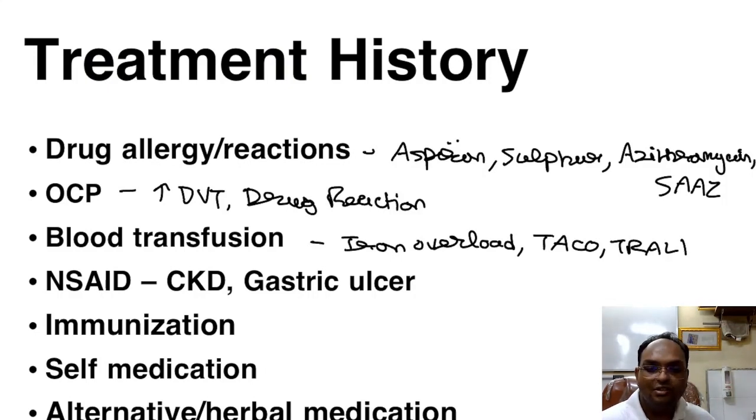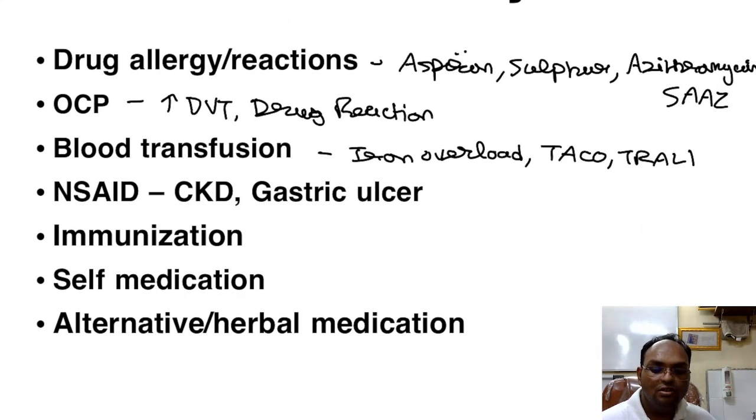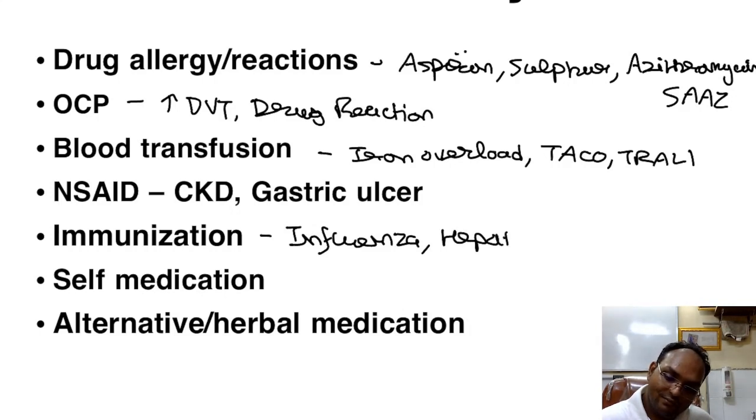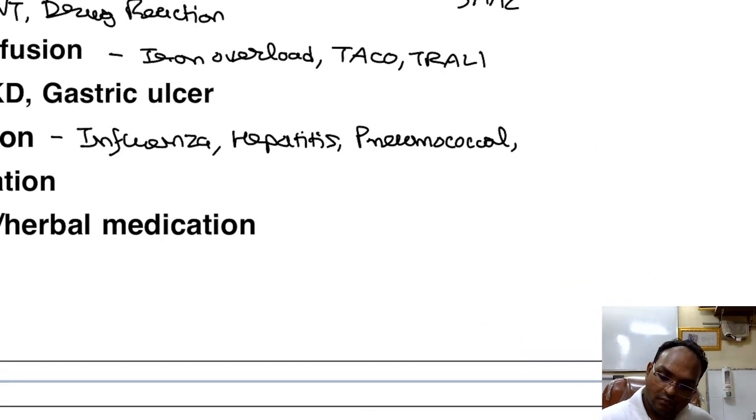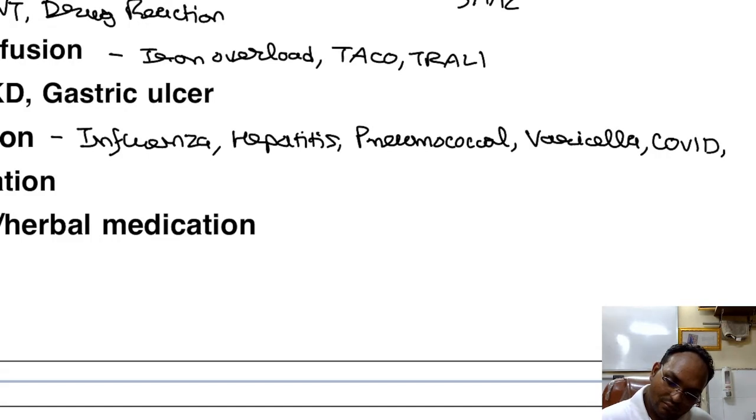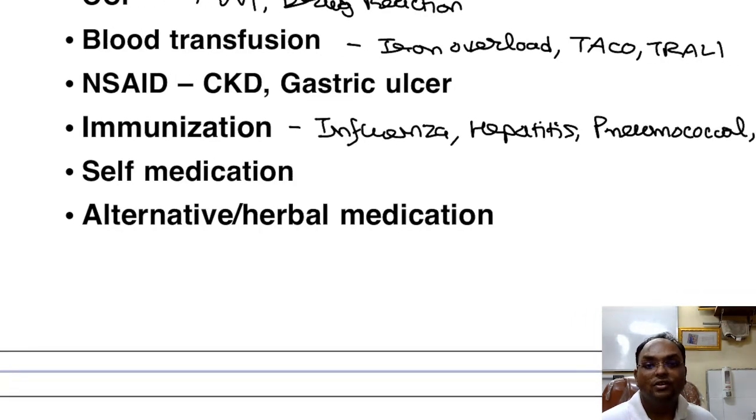NSAID because of CKD and gastric ulcer, because interstitial nephritis and gastric ulcer. Immunization যদি না হয়ে থাকে, অ্যাডাল্ট ইমিউনাইজেশনে ইনফ্লুয়েঞ্জা ভ্যাকসিন, নিউমোনিয়া ভ্যাকসিন, হেপাটাইটিস ভ্যাকসিন, ভ্যারিসেলা ভ্যাকসিন, কোভিড ভ্যাকসিন, রেবিস ভ্যাকসিন। অ্যাডাল্ট ভ্যাকসিনেশন একটা আলাদা চ্যাপ্টার। সেলফ মেডিকেশন কিছু নাই কিনা, অল্টারনেটিভ বা হার্বাল মেডিকেশনে ইনক্রিজ ইন স্টেরয়েডস, তাহলে কুশিনয়েড অ্যাপিয়ারেন্স, স্টেরয়েড উইথড্রলে গিয়ে অ্যাডিশন হয়ে যেতে পারে।